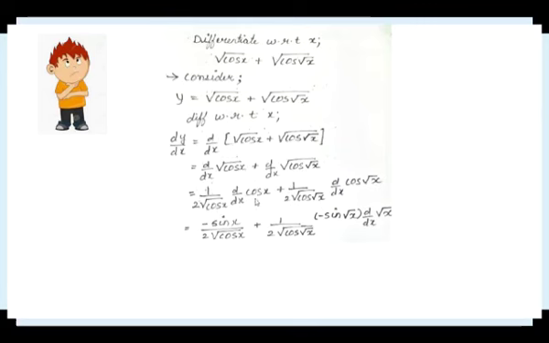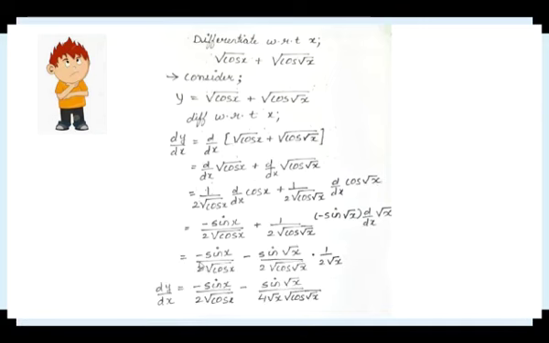Then I can write the derivative of cos x will be minus sin x. So I can write this as minus sin x upon 2 root cos x plus 1 upon 2 root cos x root x, and the derivative of cos of root x will be minus sin root x, again the derivative of root x. Then I can write this as minus sin x upon 2 root cos x minus sin root x upon 2 root cos x root x into 1 upon 2 root x. The derivative of root x will be 1 upon 2 root x,